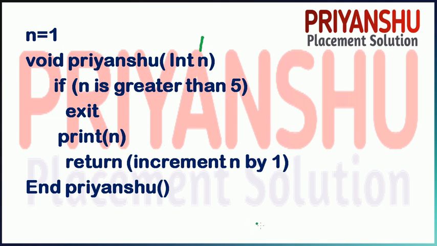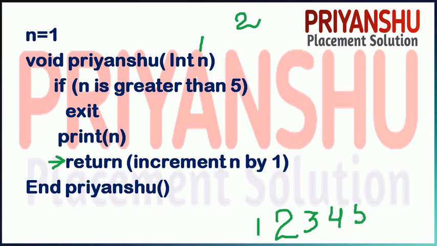Now, friends, see: print 1, then return, increment n by 1. So n is incremented, and the value of n is now 2. Again, is 2 greater than 5? No. So again print 2. So friends, this is the way this program is executed, and I can just tell you the direct output: 1 2 3 4